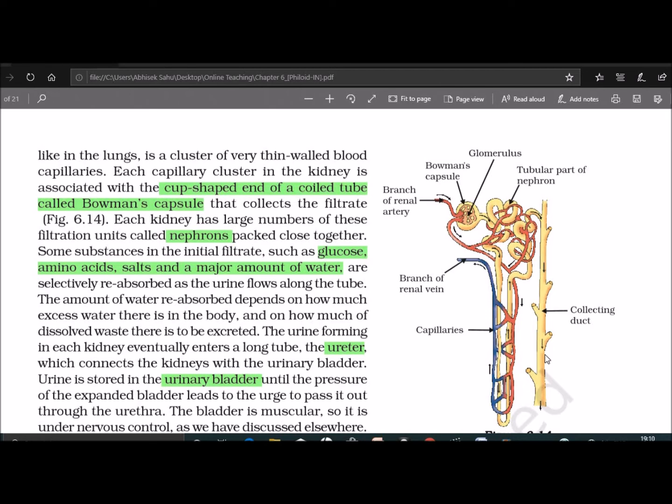The process of clearing the blood of waste in the nephron occurs in three stages, that is filtration, selective reabsorption, and tubular secretion. First is your filtration. It occurs when the blood enters the glomerulus under high pressure, which causes the water and small solutes to pass through the capillary wall of the glomerulus and Bowman capsule and enter the renal tubule of the nephron. The large molecules remain in the blood of the glomerulus.